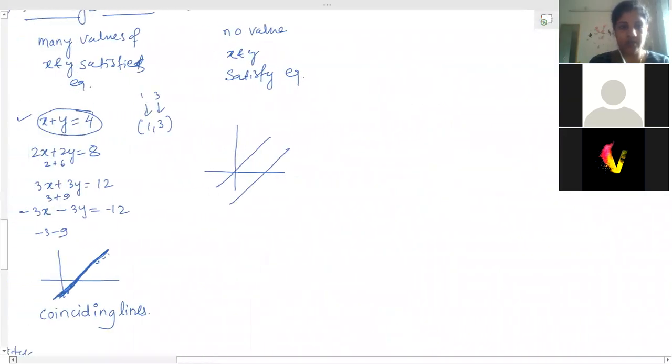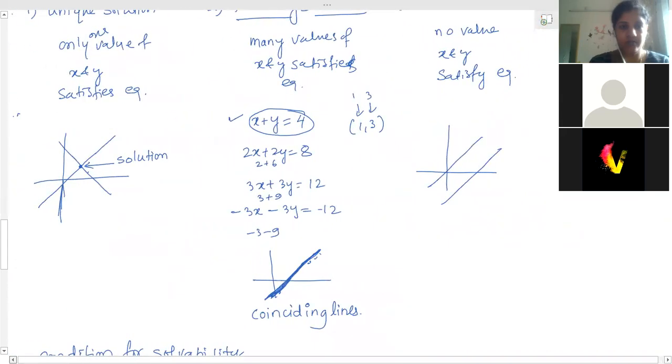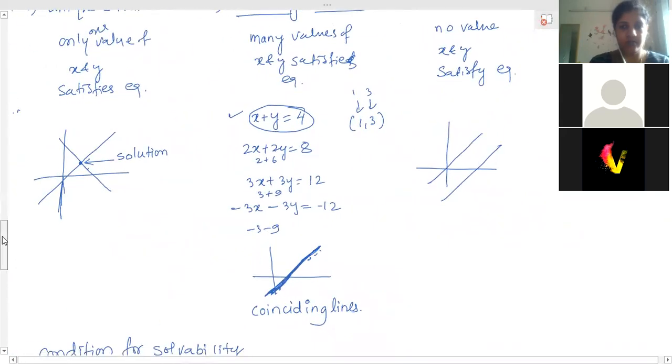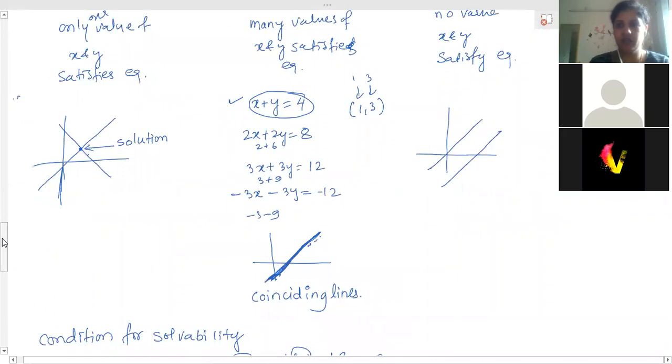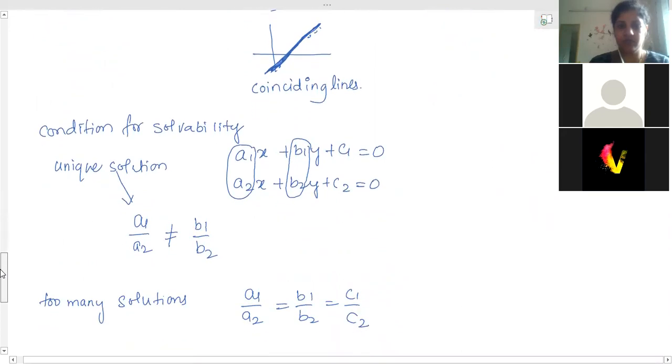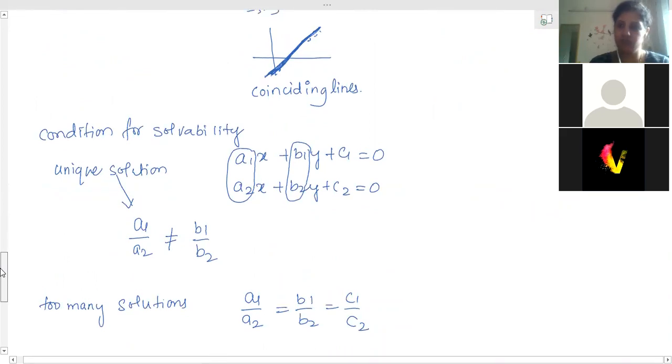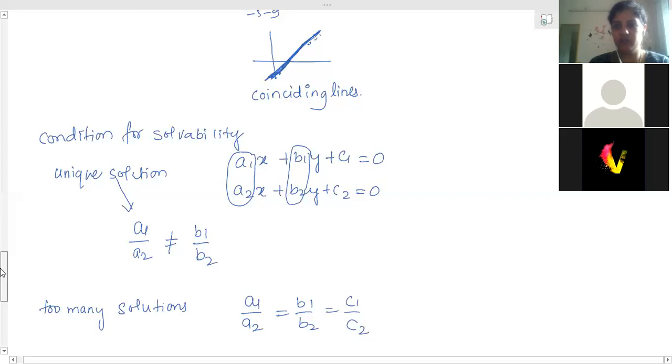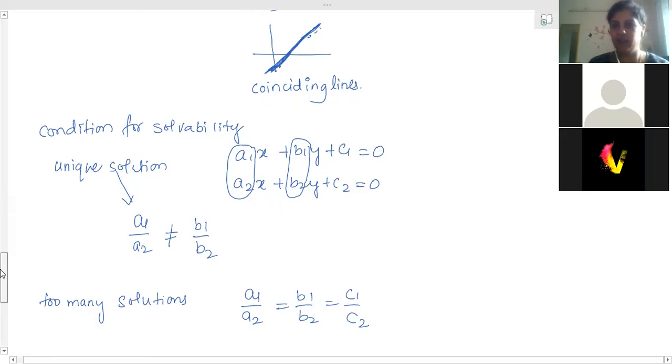Ma'am, if 37 is an odd number, that's why we did (n plus 1) by 2, right? Yes. And if it is a number like 38, then it'll be n by 2 and n by 2 plus 1, and then we take the average of that, right? Average is not needed. That is for finding the median. You're not finding the median right now.